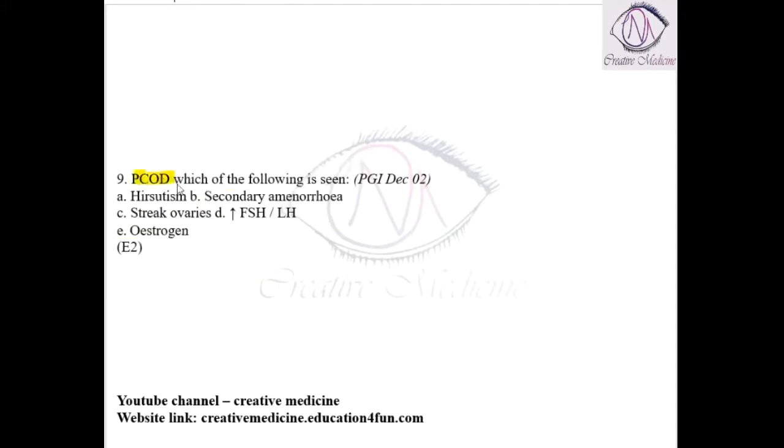In PCOD, which of the following is seen? In PCOD, you will see hirsutism, secondary amenorrhea, and